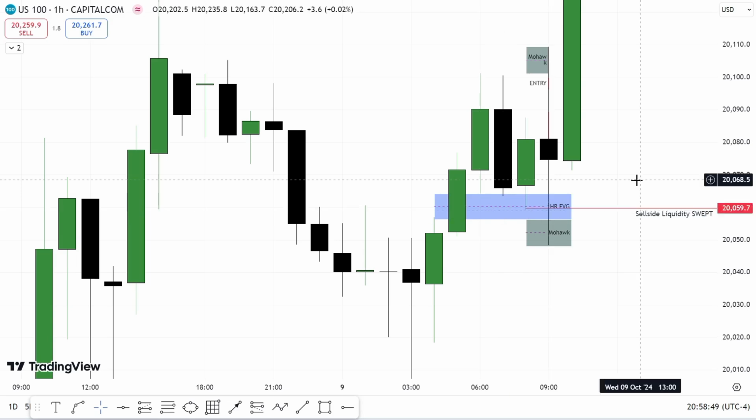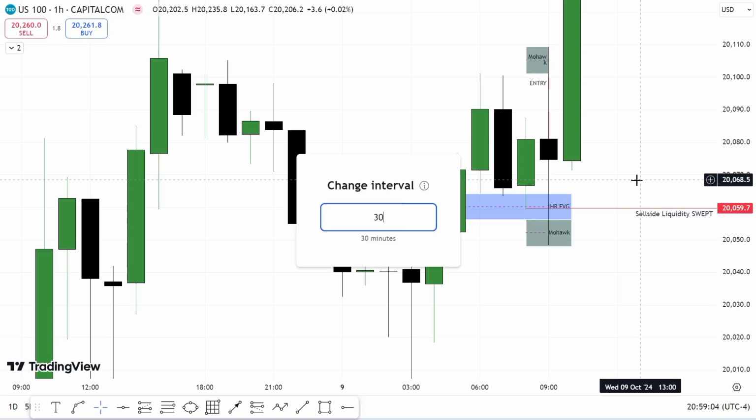I want to trade the time window of 9:30. That's where I want to trade. That's why I'll look for my trade entry after the 9:30 opening bell, or just at the 9:30 opening bell. That's where I look for my trade entry. So if we scale down to the 30 minutes time frame,